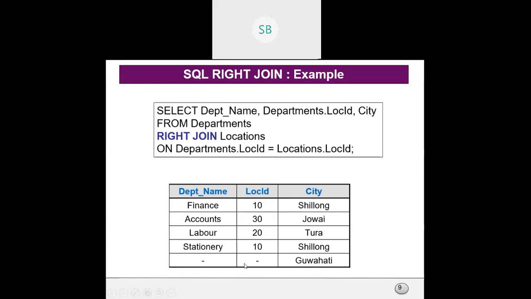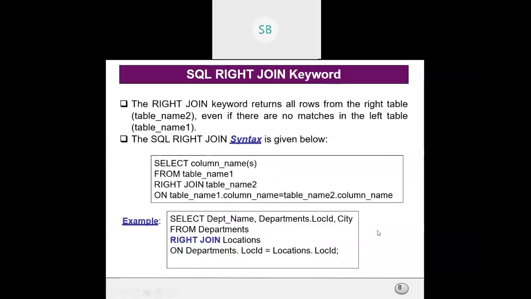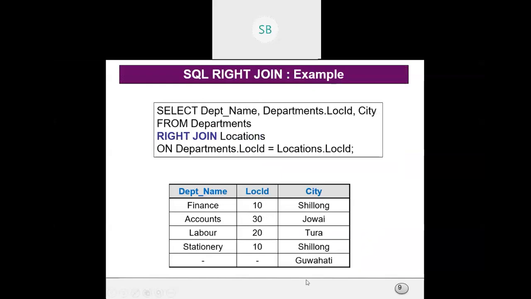But for Guwahati, in inner join we have seen there was no match, right? For the left hand side table, no table has location ID as 40. But still, since we are going for right join, it's printing the output.